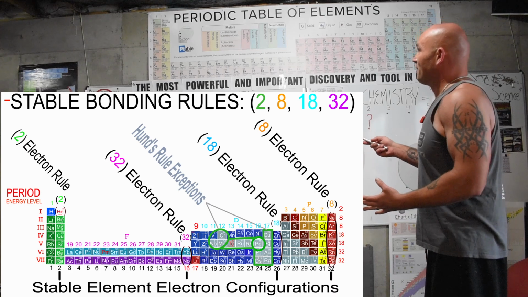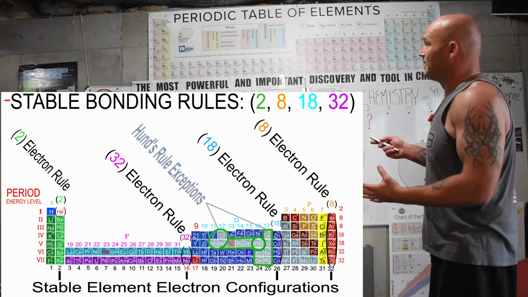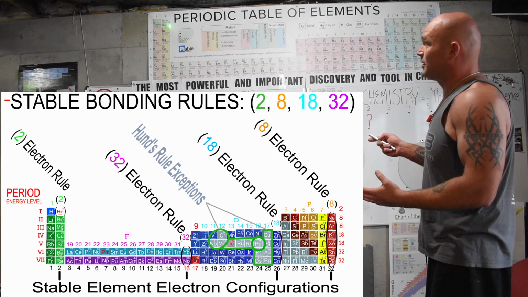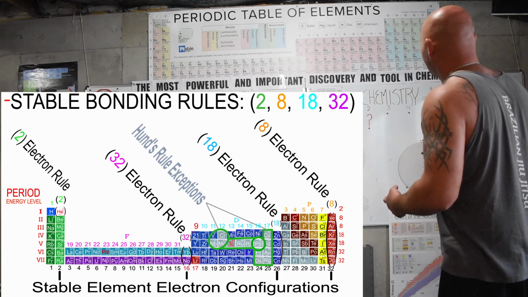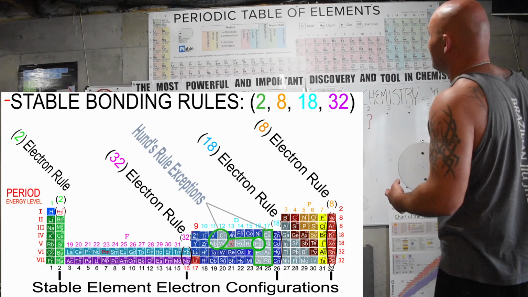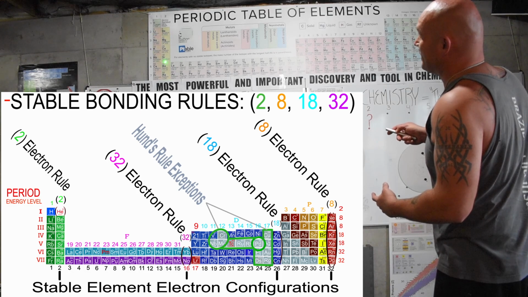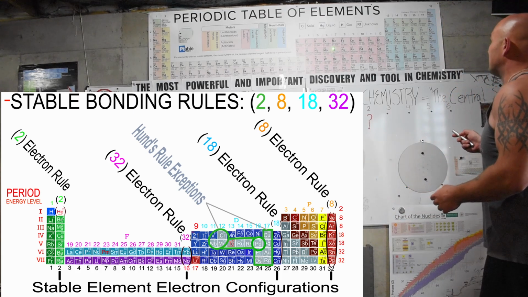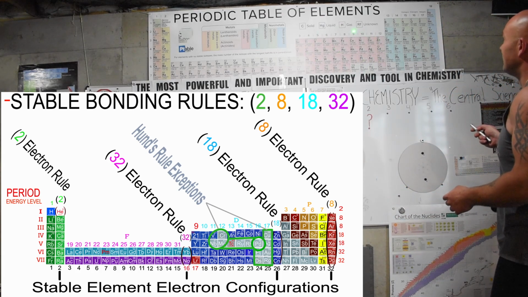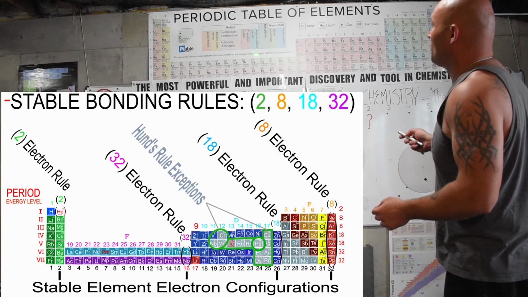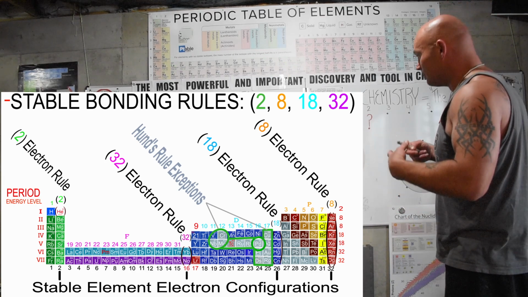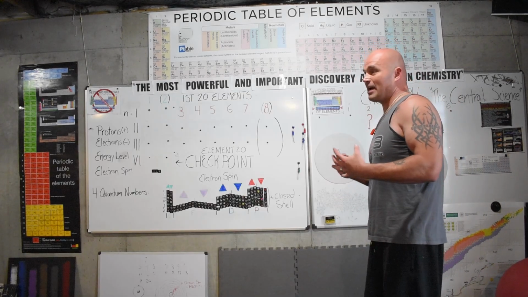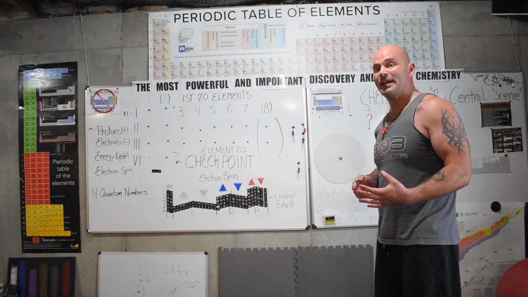And the numbering is exactly where you would expect it to be, because the 2 electron rule is for hydrogen and helium, the 8 electron rule is for the main group elements here, and the elements underneath hydrogen and helium here. The 18 electron rule is for these transition metals here, and the 32 electron rule is for the rare earth elements here. So based on the numbering system, we can already kind of see the stable bonding rules of chemistry,